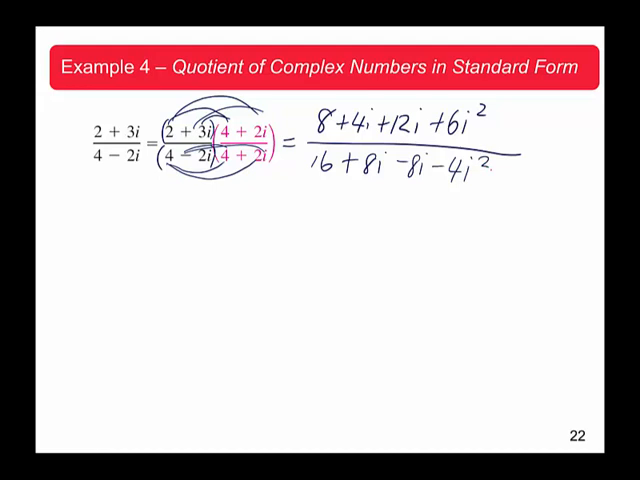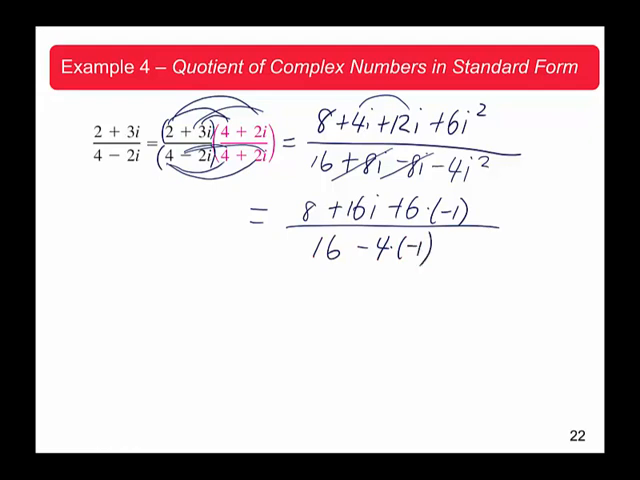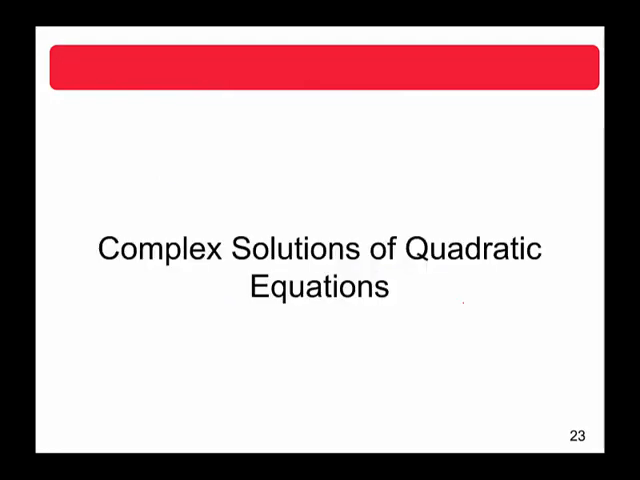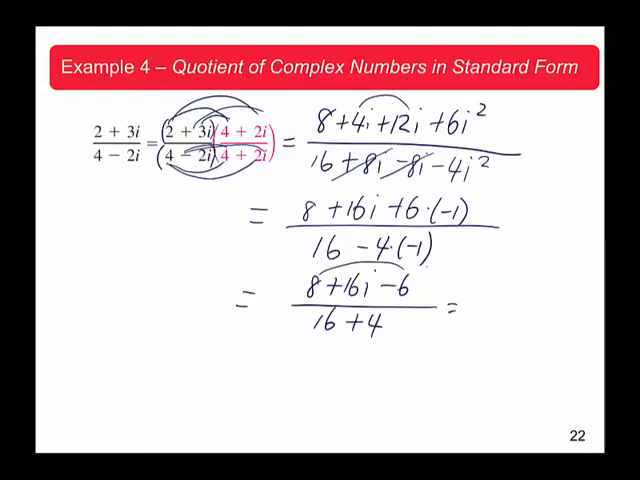Okay. So now let's simplify. On the denominator, plus 8i minus 8i, they cancel each other. On the top, we get 4i plus 12i, which is 16i. And i squared becomes negative 1. Okay. On the bottom is 16 minus 4 times negative 1. So right here it becomes a plus 16i minus 6 on top. On the bottom is 16 plus 4. That becomes 20. So 8 minus 6 becomes 2 plus 16i